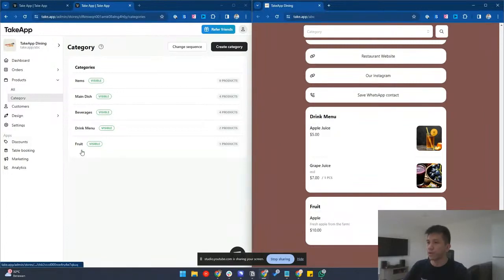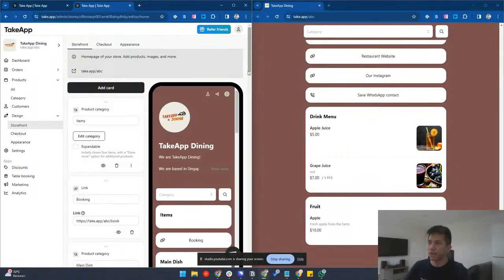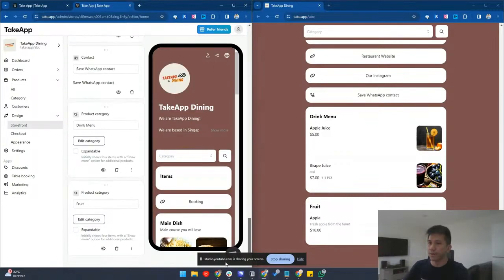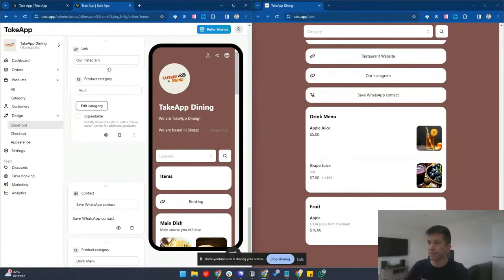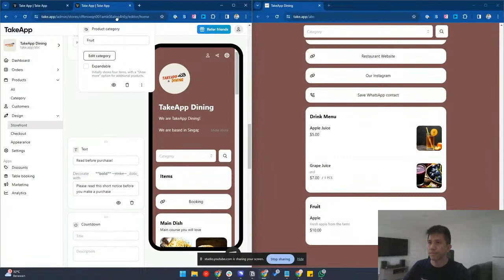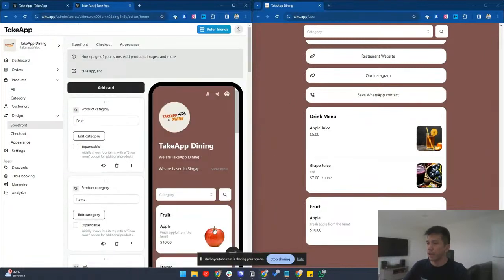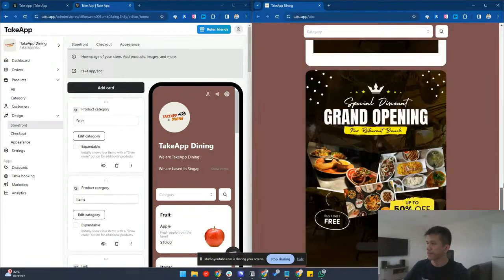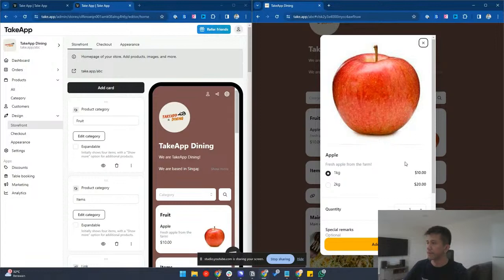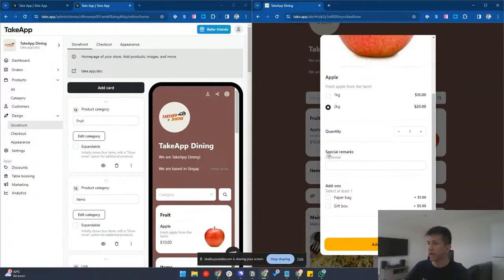We can also change the sequence to the top by simply doing drag and drop from design storefront, and we put this to the top. Yeah. And then the fruit apple will be at the top here. And then as you can see, we added one variant, which is 1 kilogram, 2 kilogram, and then special